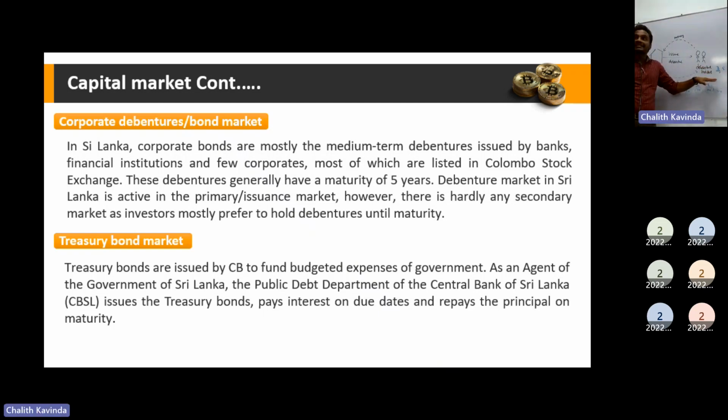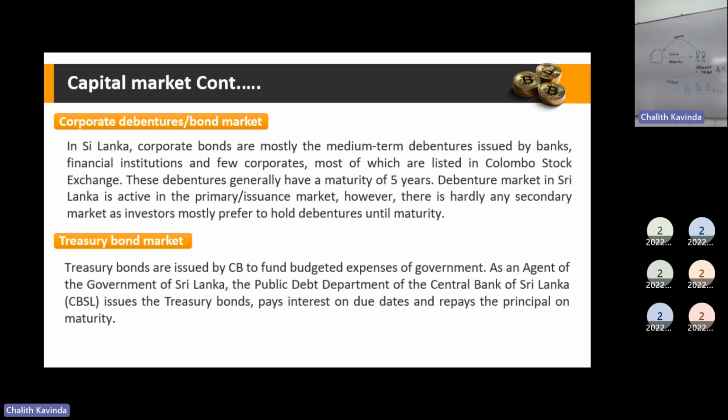Accordingly, they are not going to sell their debentures in the secondary market most of the time. Right? Because they are guaranteed that they are getting a return, isn't it? So no point of selling the debentures, but still some of the people are selling, but we don't have that much of an active secondary market for debentures.